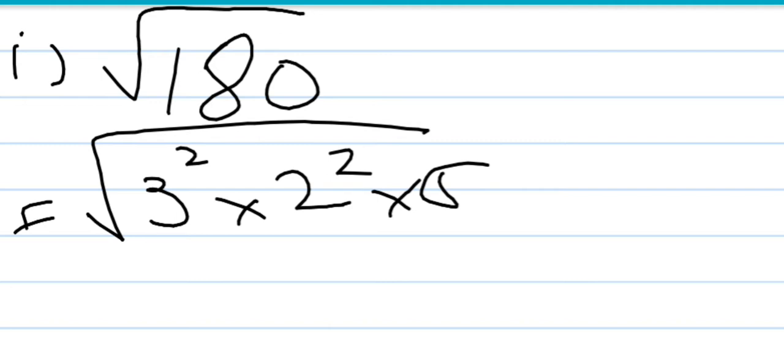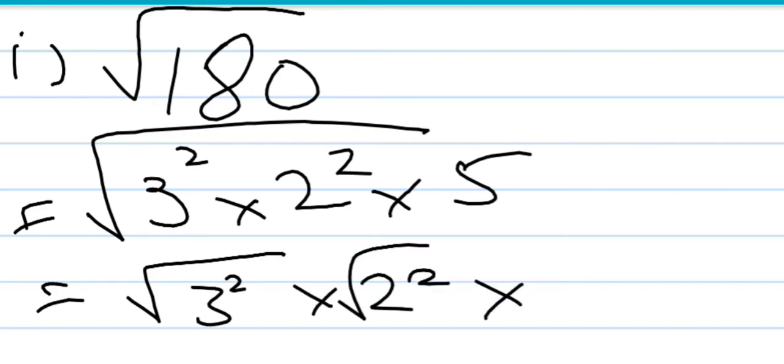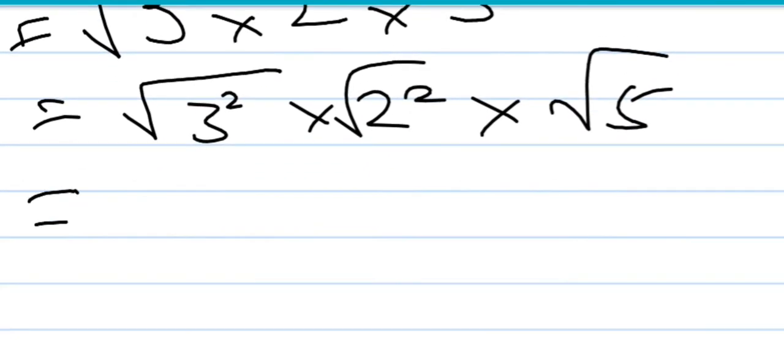Now we will write them separately: under root 3 square multiply under root 2 square multiply by under root 5. So cutting the square from the square roots,